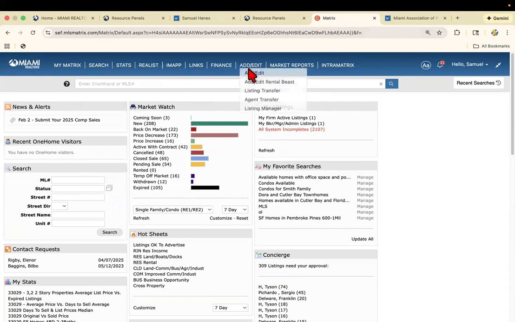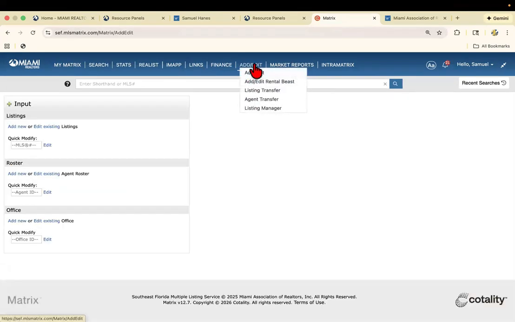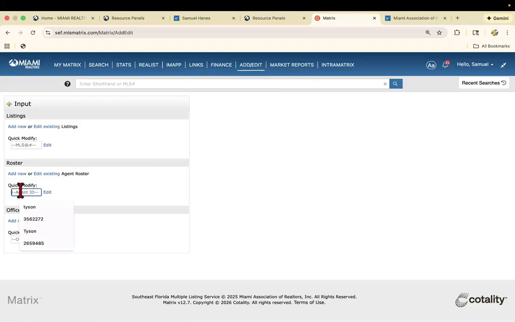You do have to go into Matrix. You click on the Add and Edit button right here inside of Matrix. In order for your agent image to show up inside of the commercial member-to-member profile system, agent search, as well as when you have a listing, you're going to go here under roster, you enter your ID, you click on